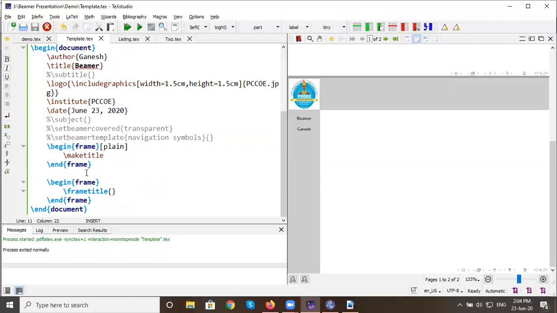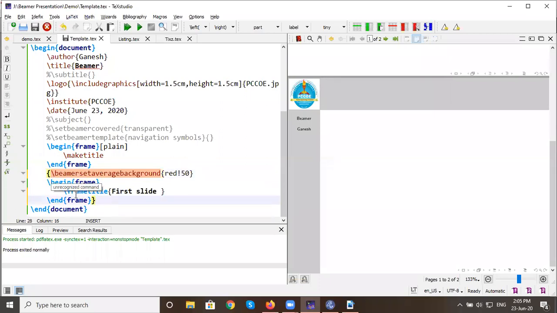For example, I want to add it to the first slide, and then we use the command beamer set background red 50%, and after completion of that frame